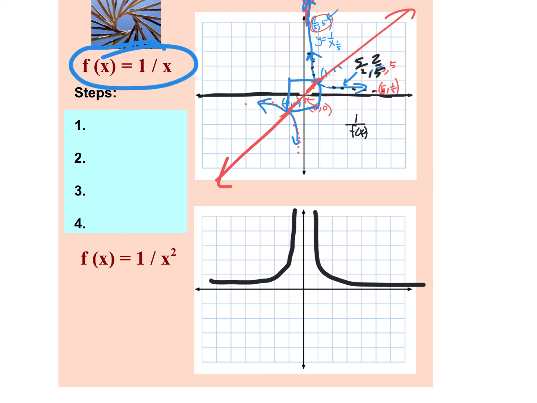So, what do you think the answer looks like? It's x, f of x equals x squared. Parabola with a hole at the origin. Like that? But it's curving now. How come it's curving? Because it's